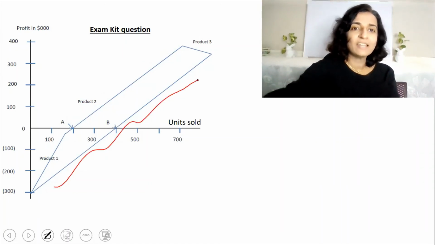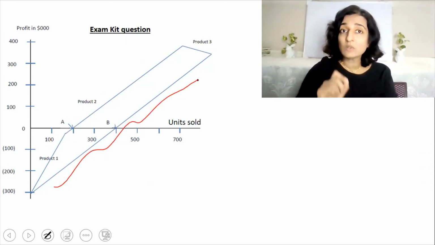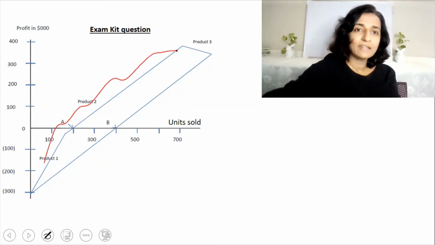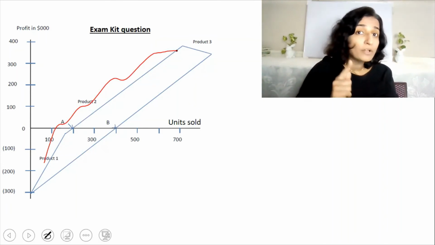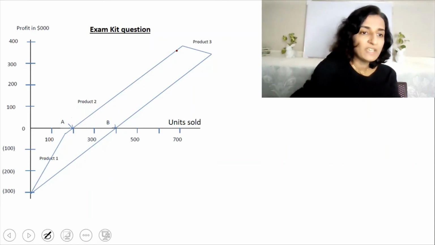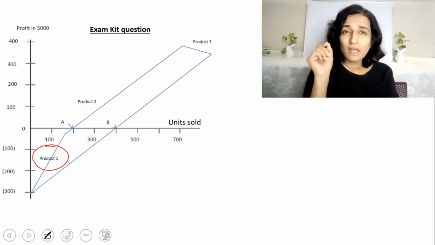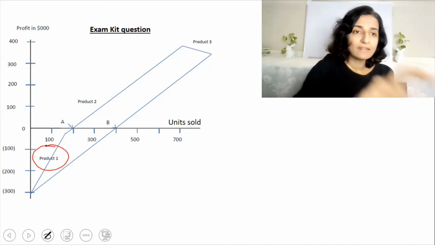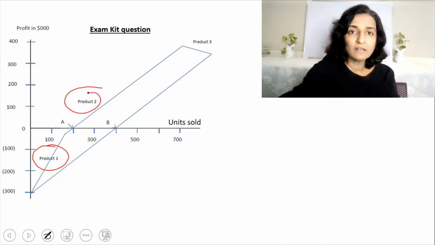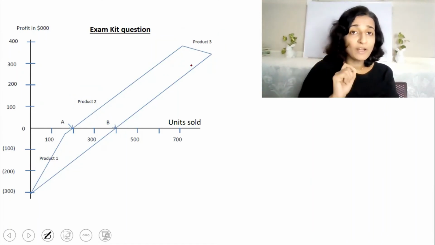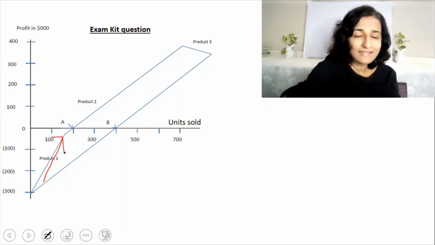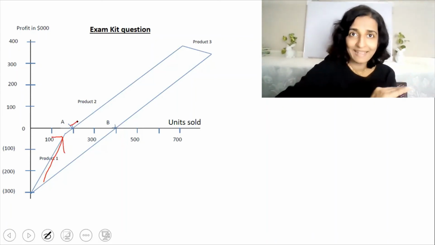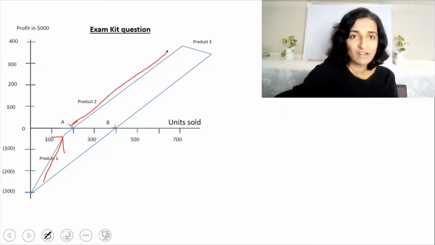So the straight line is nothing but the profit line when goods are sold in the standard sales ratio. And the kinked line is the profit line when goods are sold in the order of profitability, or in the order of the C by S ratio. So if you see here, product 1 gives the maximum C by S ratio, and second comes product 2 and third comes product 3. And since product 1 has got the highest C by S ratio, it is very steep. And product 2 has got the second C by S ratio, so it is more gentle.